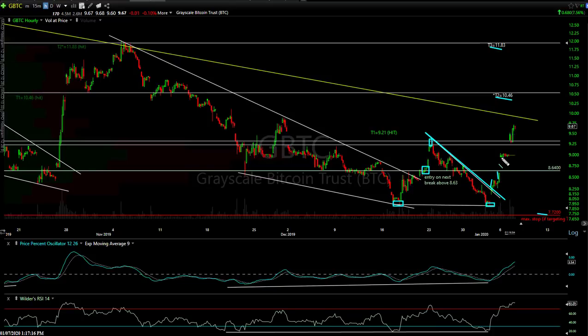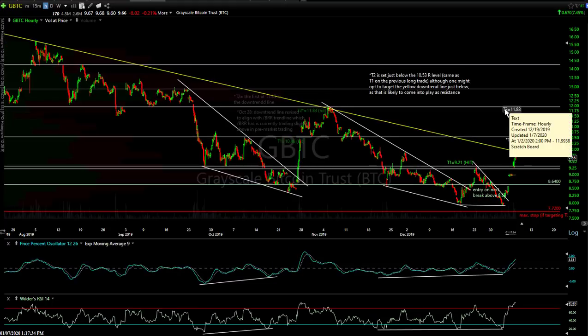We gapped up impulsive. That was bull flagging action, even though you don't see candlesticks there. That's what the futures were moving up, and we broke out impulsively today. So I think we come up, hit this trend line, probably get a reaction on there, and then continue on up to that next target there, about 1046, and eventually up here at about 1183 or so.